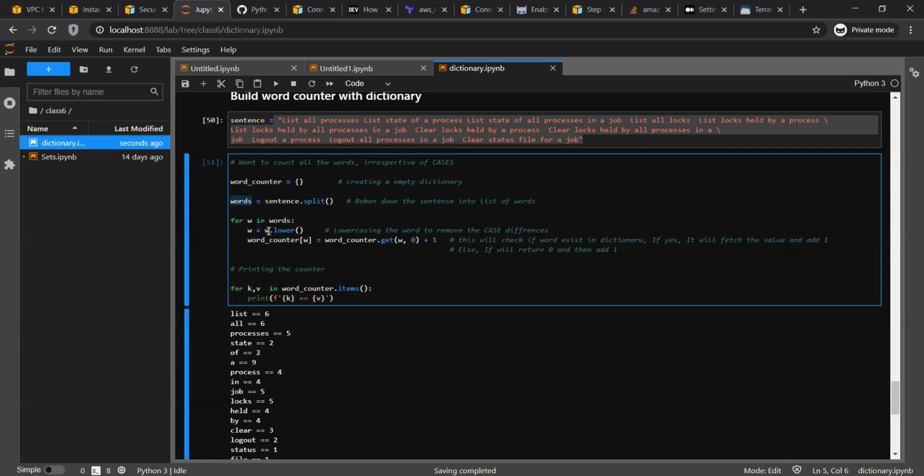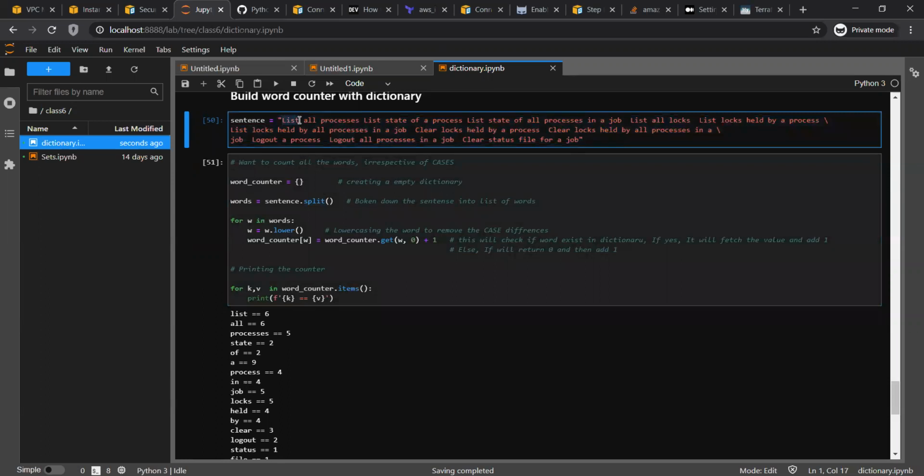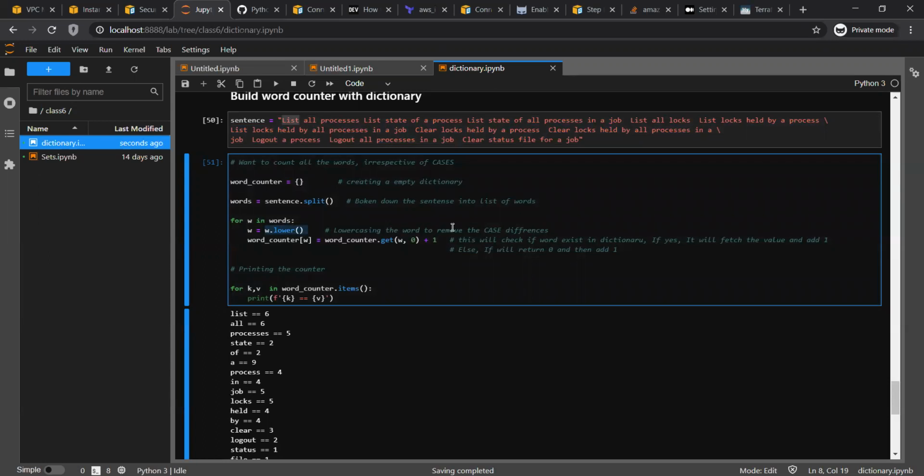There is a lower operation in a string, which will simply lowercase the word. So suppose this is a list where capital letter is L and then IST, it will make it a small l and then ist. So lowercasing the word removes the case differences.